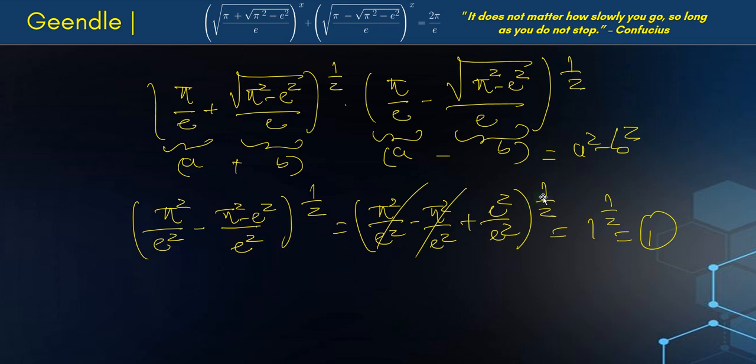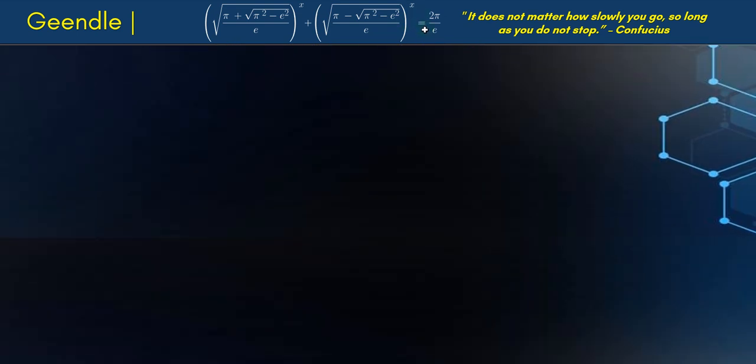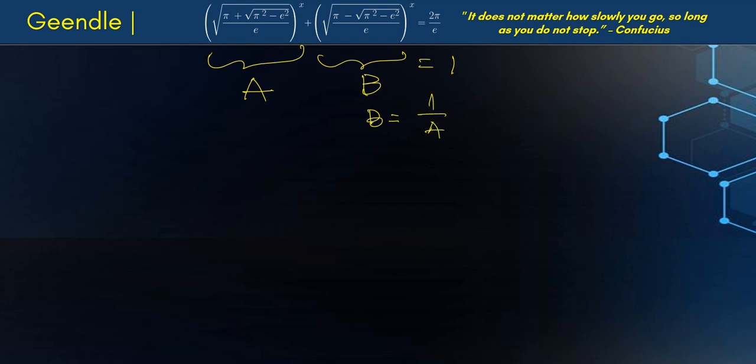So this means that the product of these two terms is 1, right? If this one times this one is equal to 1, and let's say this is a and this is b, now I can say that b is equal to 1 over a, which is equal to a to the negative 1. So now we can rewrite our original expression as